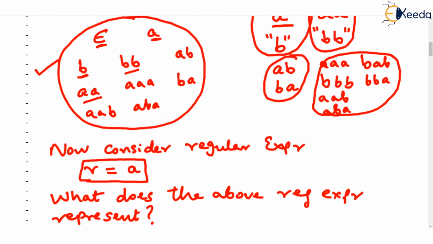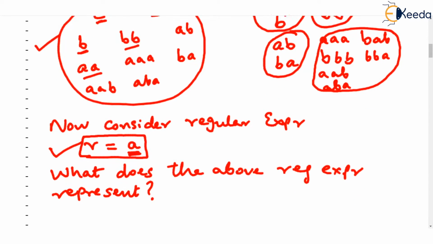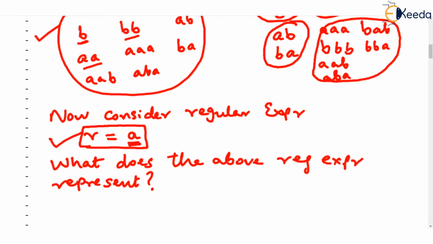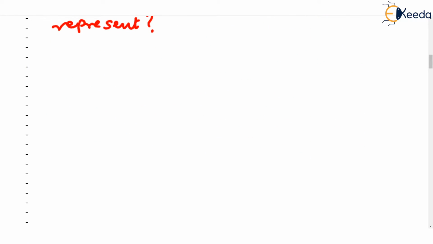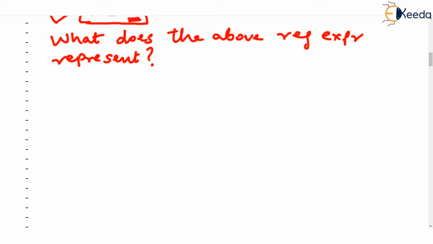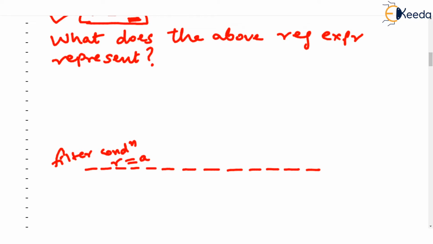Suppose we are having a regular expression R, which is A. Note this. Check it again. The regular expression given is A, simply A. Then what does this regular expression represent? What does it do? You know, this regular expression in simple sense, in very simple sense, in layman's language, it is a filter. It is a filter. Okay. And the filter condition over here is the regular expression. What is the regular expression? A. On top of the filter, we are putting this particular regular expression A.